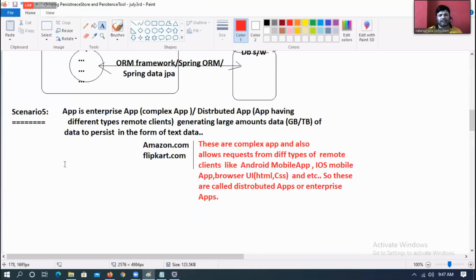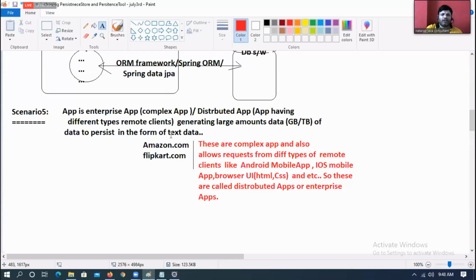Everyone got the clarity there or not? See, boss, if they are giving text data, go for JDBC. If they are giving objects data, you can go for what? If these applications are giving large amounts of text data, go for JDBC, Spring JDBC, Spring Data JDBC.